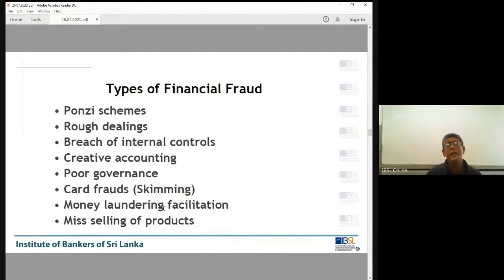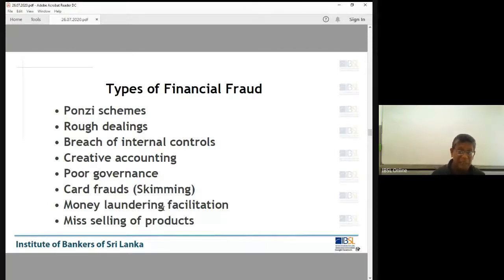There are so many types of financial frauds. I'm not going to discuss all these things at greater length, but you must be aware of this. You must know Ponzi. Now, you know what you mean by a Ponzi scheme, right? Ponzi means basically getting money from one person and giving it to another person with a higher interest, right? So a lot of Sri Lankans